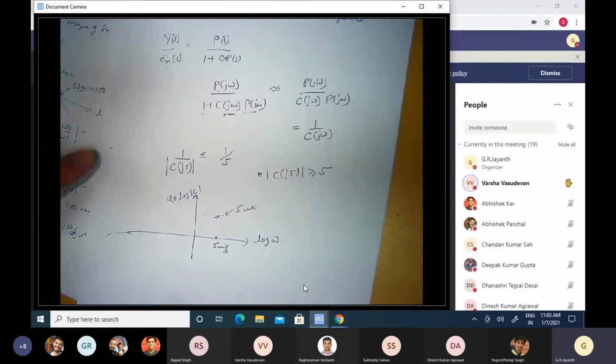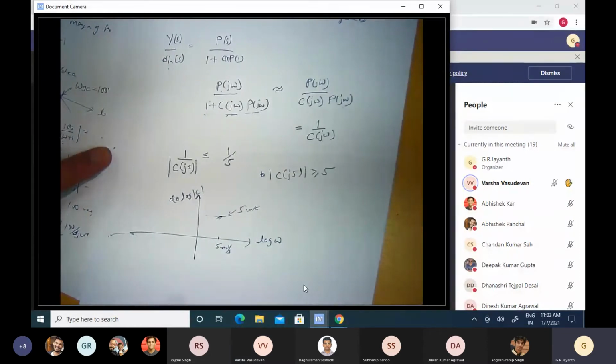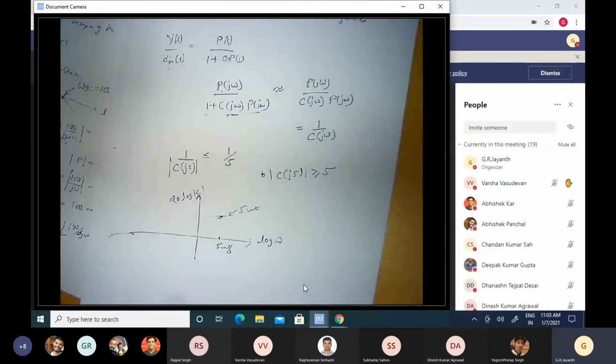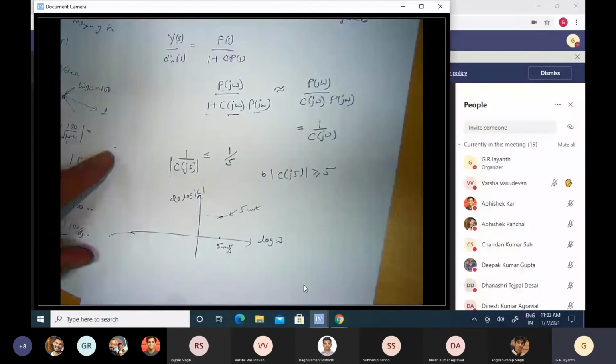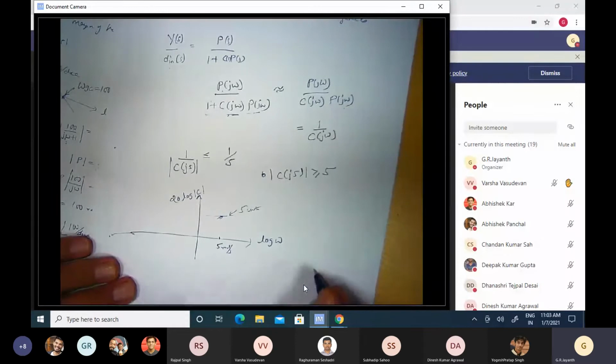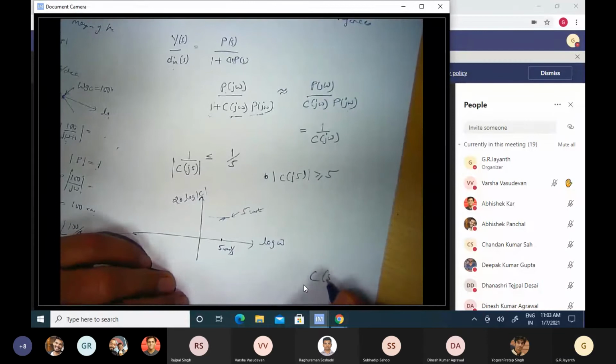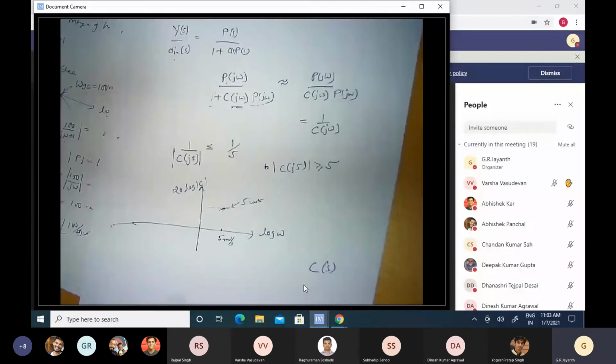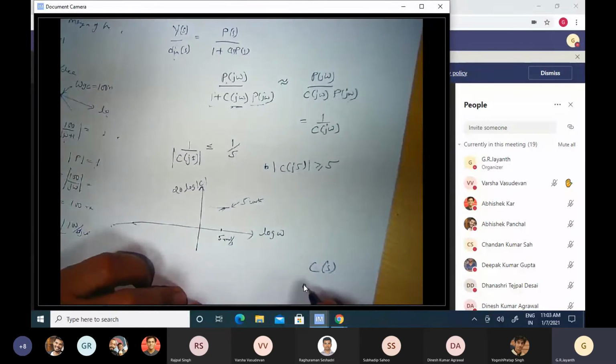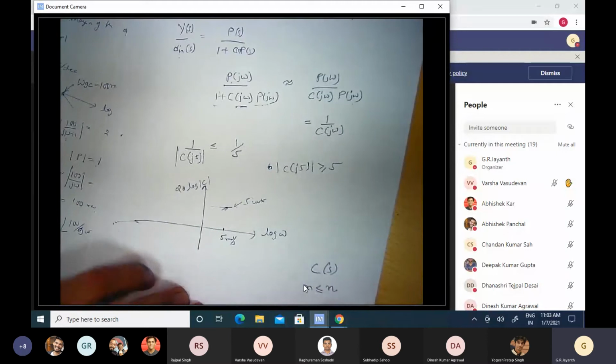Fine. So we have two requirements. At this low frequency, it should be infinity. Around 5 radians per second, it should be at least 5. How many controllers exist out there which satisfy these requirements? It turns out that I can pick any dynamic system. I have the freedom as a control designer to pick any transfer function C of s, which is a ratio of a numerator polynomial to a denominator polynomial, with the degree of the numerator polynomial m being less than or equal to the degree of the denominator polynomial n.